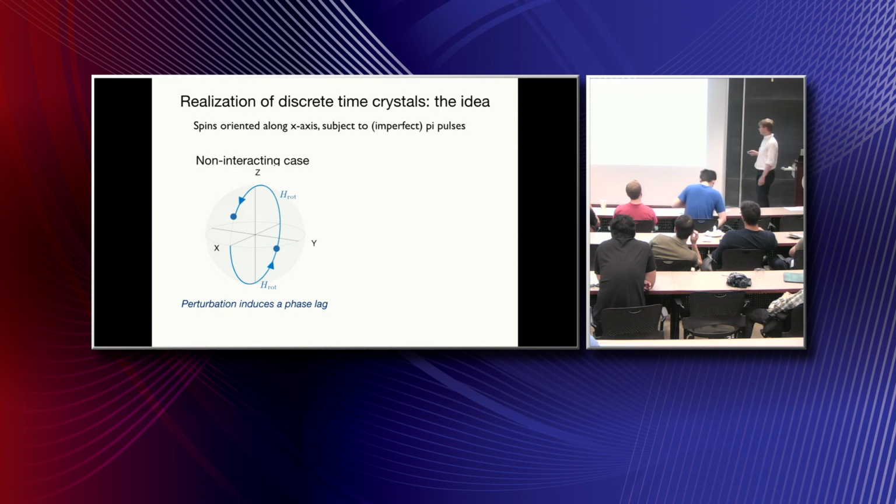It corresponds to spin pointing up, down, and X and Y are coherent superpositions of the spin states. Suppose that initially our spin is pointing in the x direction, and suppose you now apply a sequence of pi pulses, which rotate you around the y-axis. If these pi pulses are perfect, then one pi pulse will turn the spin into minus x, and then the second pulse will bring it back to x. And in this case, in principle, you have this 2T periodic response.